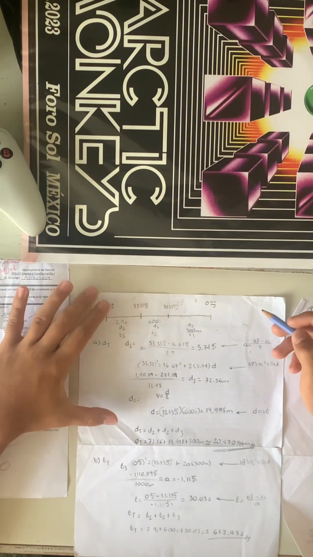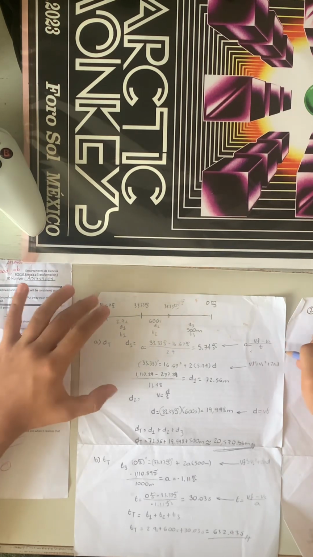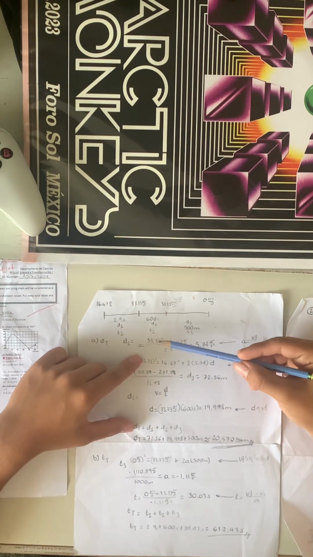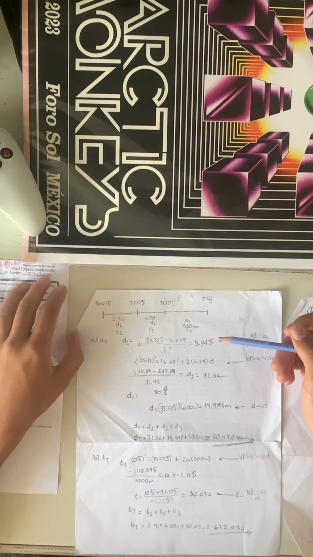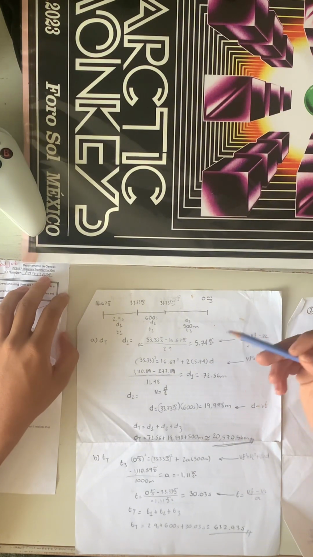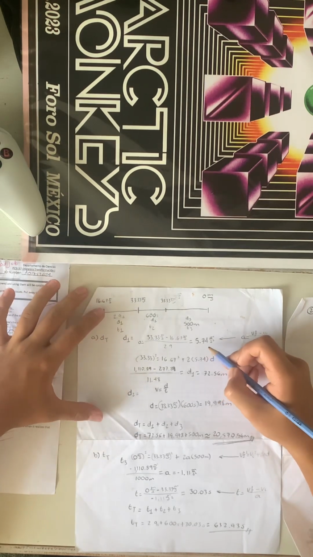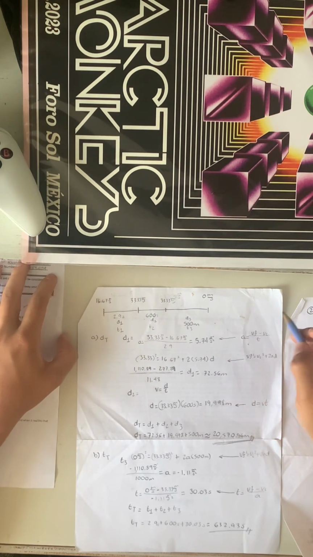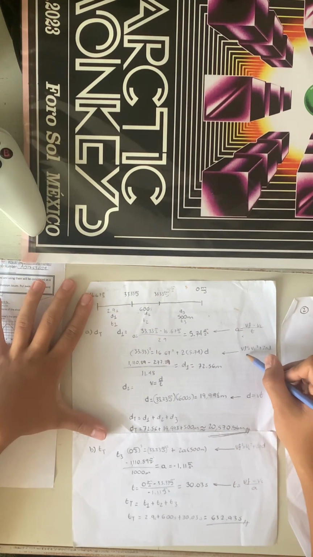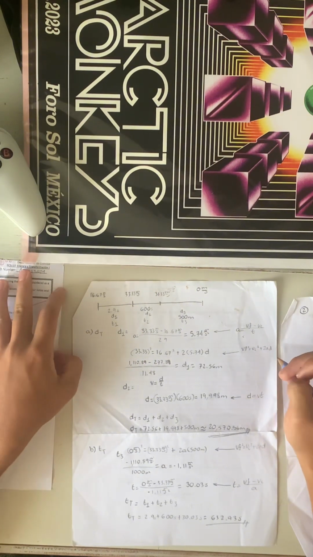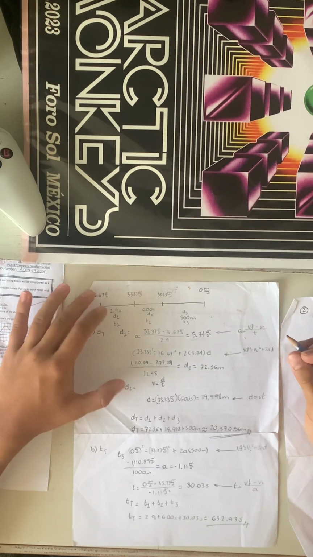But first, we already know that acceleration is equal to final velocity minus initial velocity over time. So we will place 33.33 meters per second minus 16.67 meters per second over 2.9 seconds, which is 5.74 meters per second squared. This is our acceleration. So we'll use now this formula of the squares, that is final velocity squared is equal to initial velocity squared plus 2 times acceleration times distance